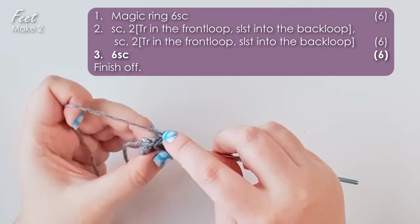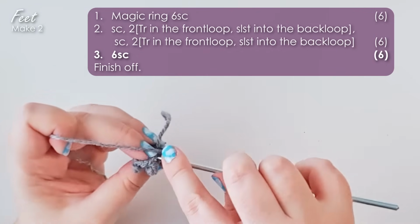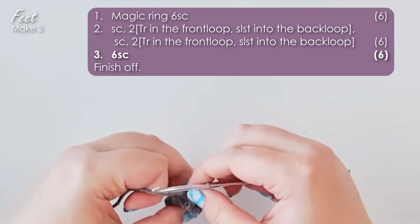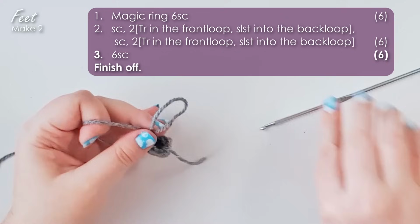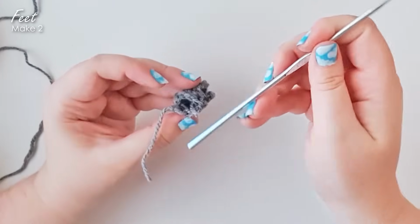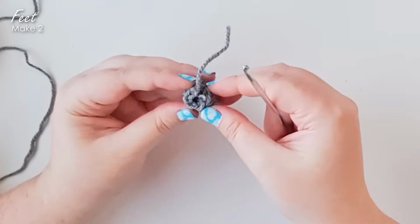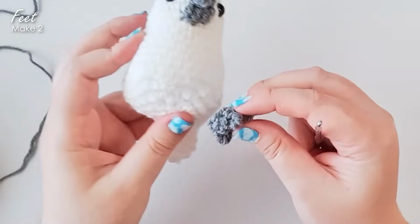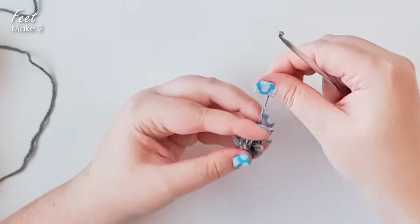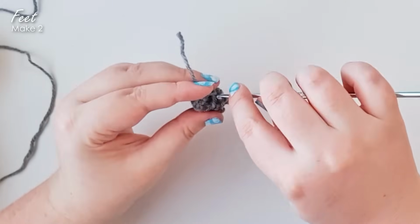A single crochet into the second single crochet of row 2, and then a single crochet into each of the triple crochets. And then we are going to finish off. So I'm going to trim off our starting tail, tuck that inside the foot. Now, because this is going to be attached underneath, you can leave this as an open end and just sew it to the body straight, but with all of my other feet, what I've done is I've just taken this tail, pulled it through the front loops like we did on the main body piece,